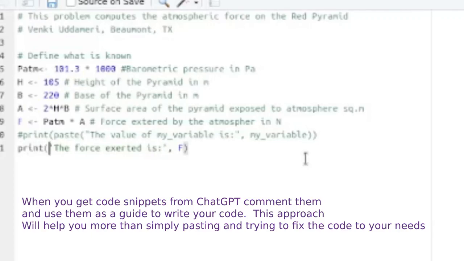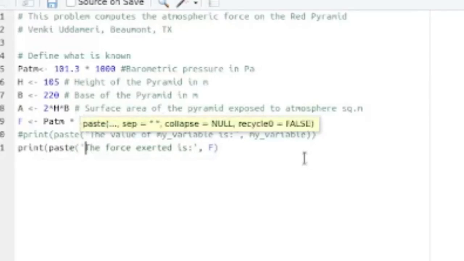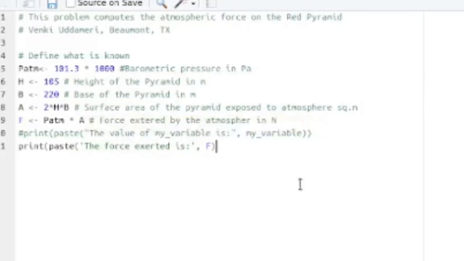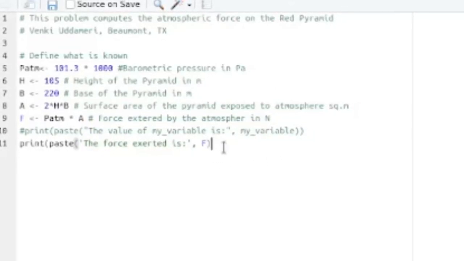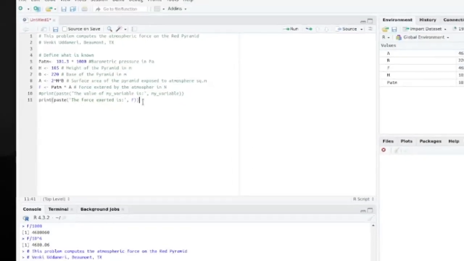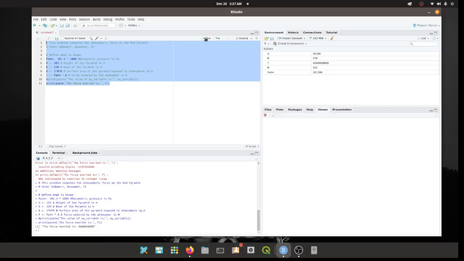So all I need to do is do a paste, and the first thing is force, and then my variable, which is f. So first I have to paste it, and then I have to run this. Once I have done that, you can run this program again to see if it worked, and this time it did. So the force exerted is